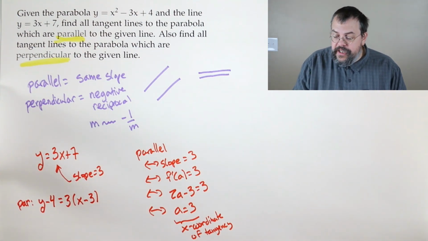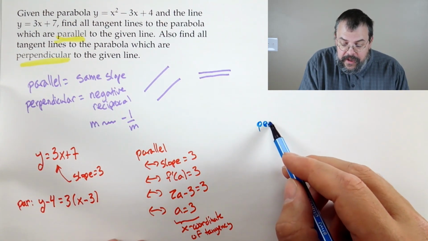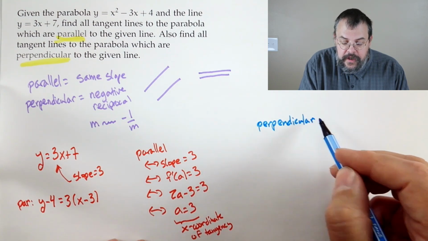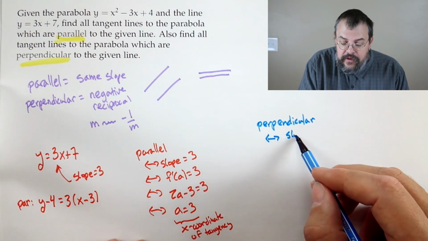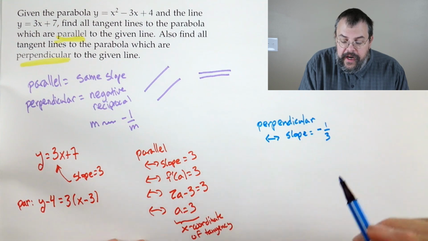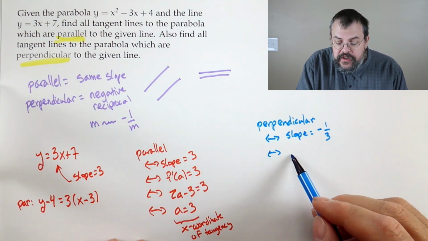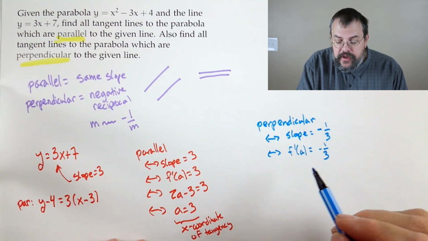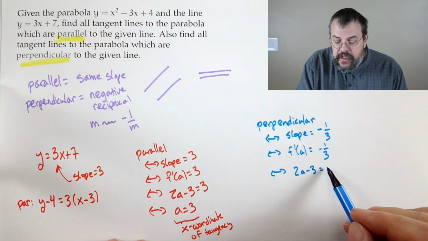Now, perpendicular. Okay, so perpendicular, what would that be? Well, it takes us a little bit longer. It's a bigger word. Probably gets you more points than Scrabble. Okay, that says we need the slope to be the negative reciprocal, so minus a third. Other than that, really the procedure is much the same. That says we need the derivative to be minus a third, which says we need 2a minus 3 equals minus